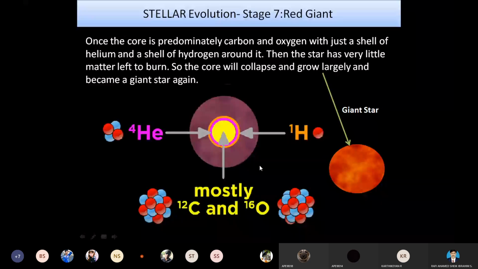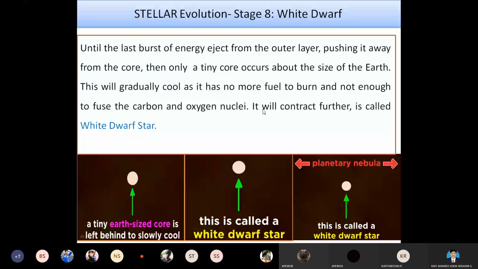When the hydrogen is burned, the helium gas starts to fuse. When the helium gas is also burned, carbon and oxygen are formed. We can see that when carbon and oxygen form in the core, the medium completely changes. It has converted into a giant star, that is, a red giant star. So finally, when the core is completely eliminated,